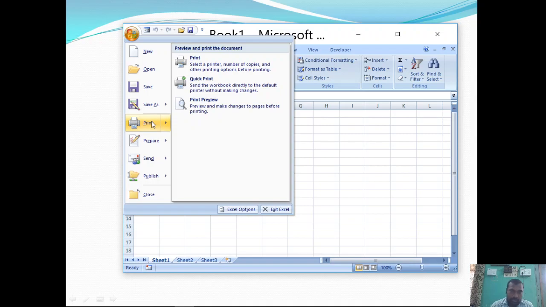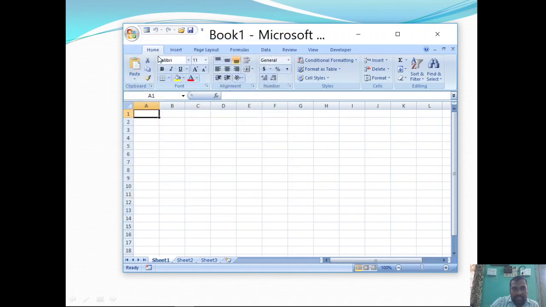Whatever we have prepared. Okay, and these are the ribbon tabs: home, insert, page layout, and these are the ribbons: clipboard ribbon, font ribbon, alignment ribbon. This is the formula bar, and this is the name box. In the name box, it displays the address reference of the current active cell.